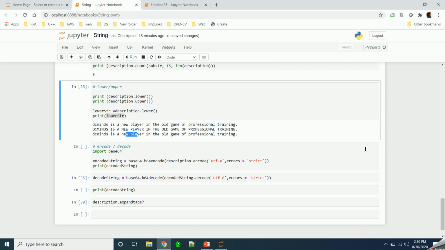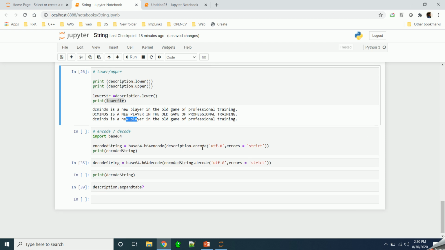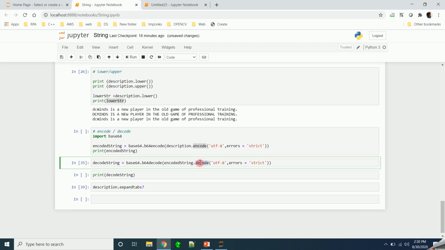Okay, next operation that we have is encoding and decoding. Suppose you want to encode a string into some format that not everyone can understand. You want to give some encoded string, or you want to transfer it over the network so that a hacker cannot understand the string.